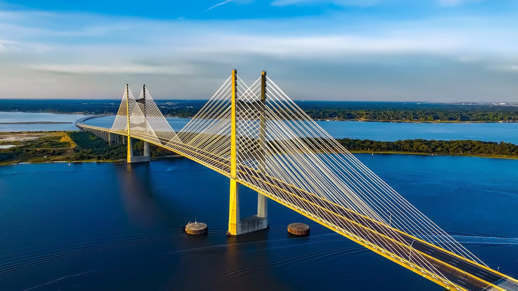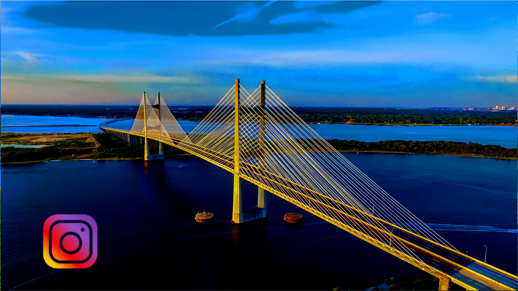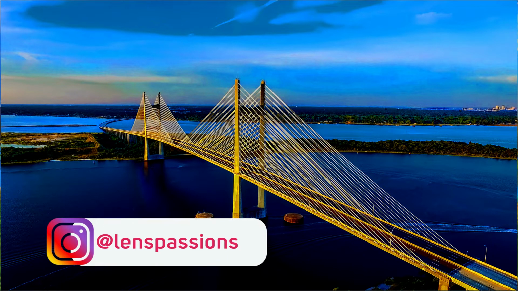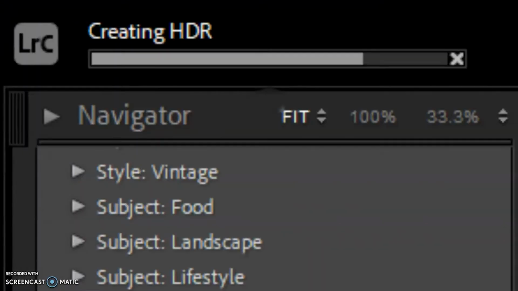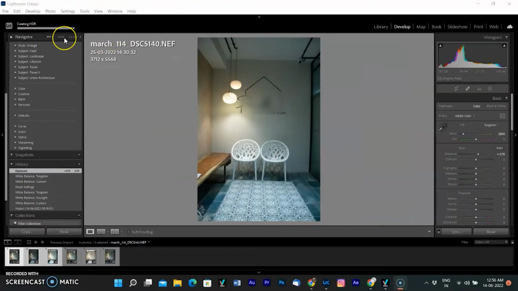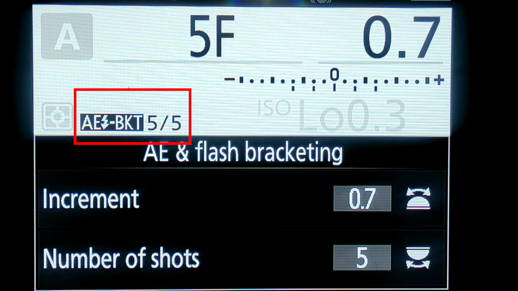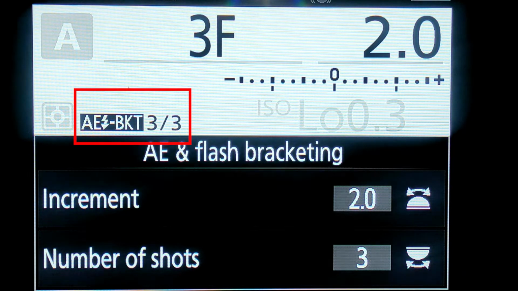Not everybody will see this as an advantage. But if you want to create garish, oversaturated images, the aforementioned plugins will help. You don't need a lot of bracketed images. Three seems to be enough, but you can use more if you want. Or if you want a really contrasty scene, one exposure at -2 stops, the other at +2 stops.